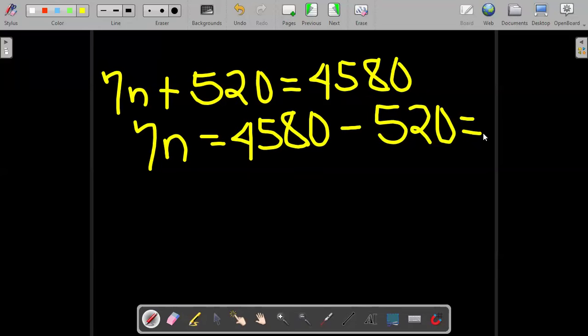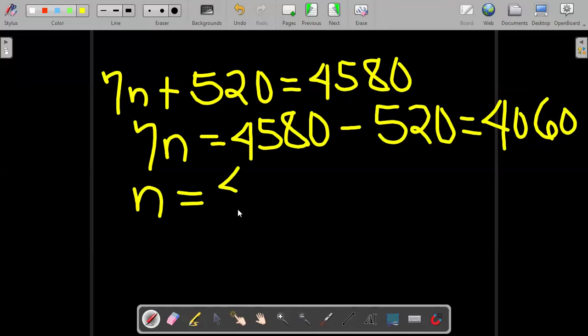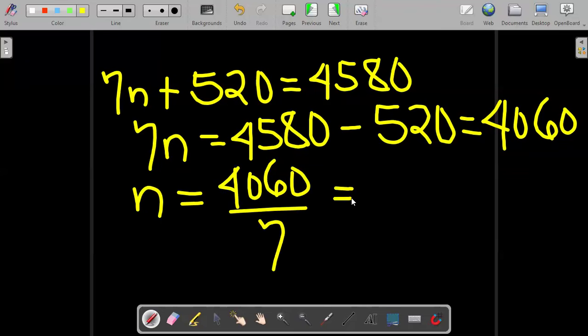4580 minus 520 will give us 4060. What is now my n? Divide both sides by 7. It's 4060 divided by 7. What am I having? Divide by 7. That will give me